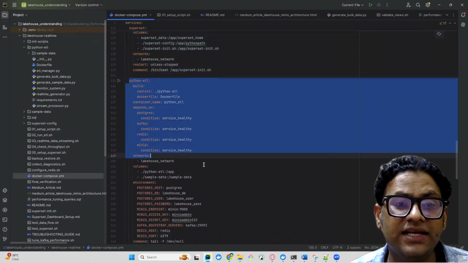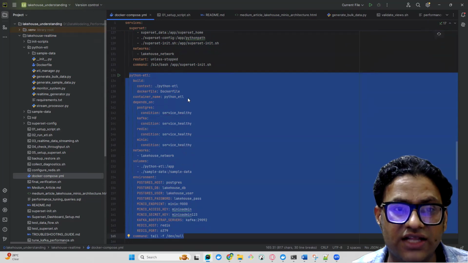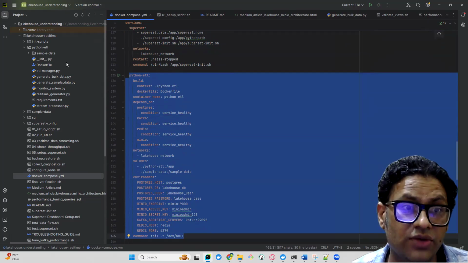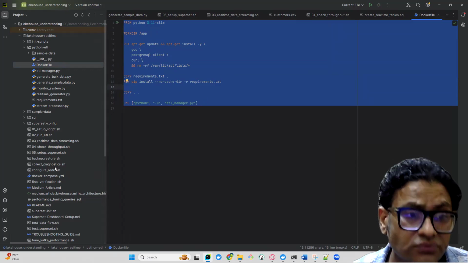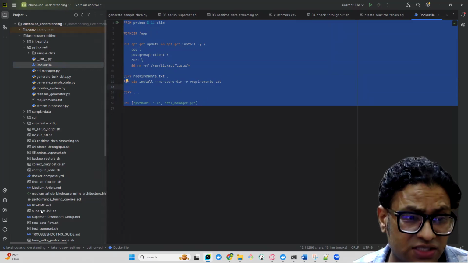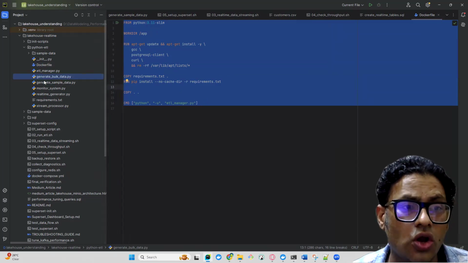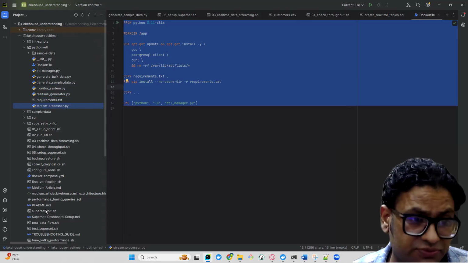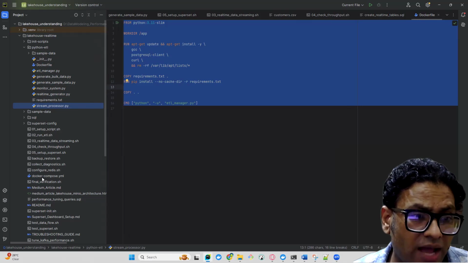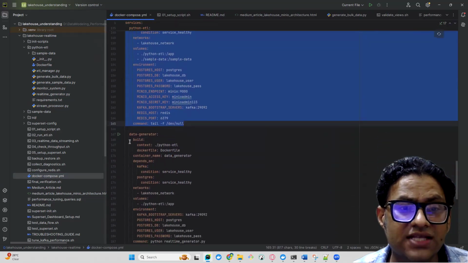This is where the Python ETL comes in. We are generating the Python ETL service. Why are we doing that? This is what the Dockerfile is. We are building this Python ETL service so that we can call all these different Python scripts. Now if I go back to our Docker Compose,